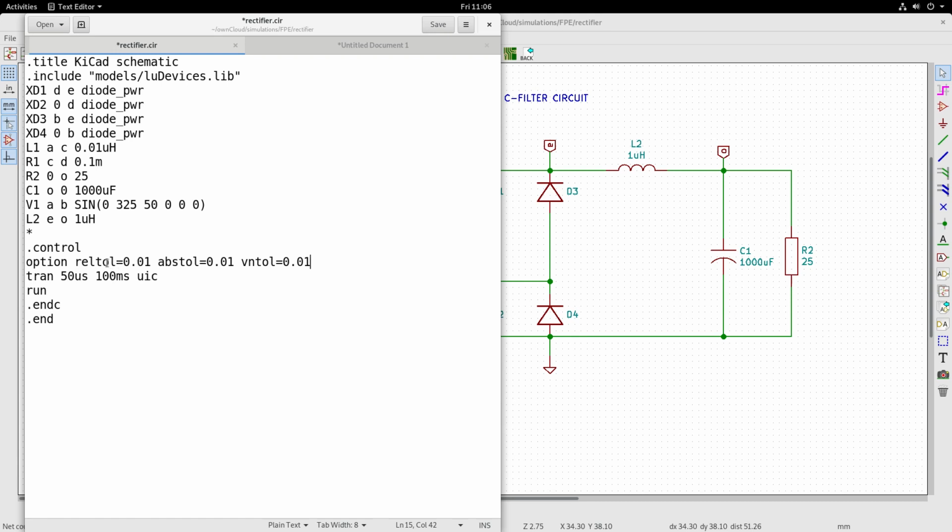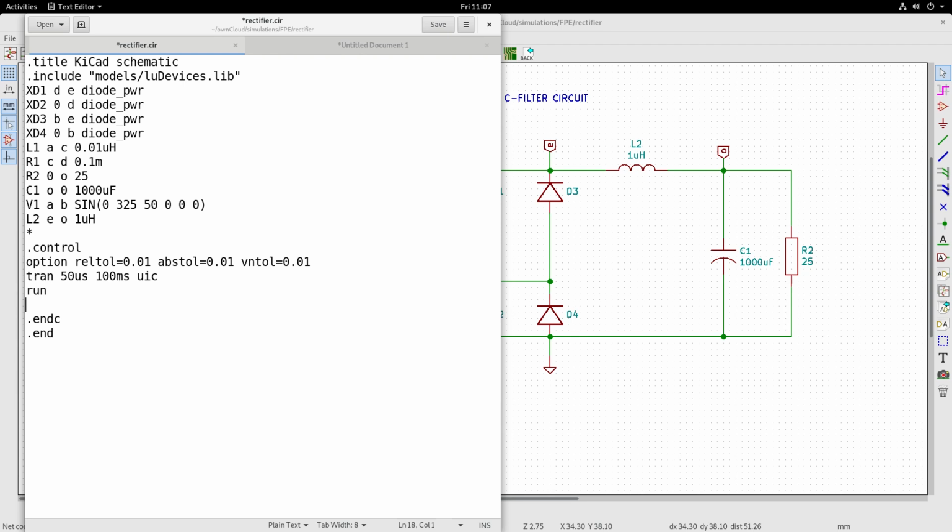You can fix the relative tolerance, absolute tolerance, voltage tolerance, and this is useful especially to avoid numerical convergence problems. So use these values because you have a wide range of swing. You have low voltages to very high voltages, and especially in power circuits, it is good to use this option statement giving the tolerances.